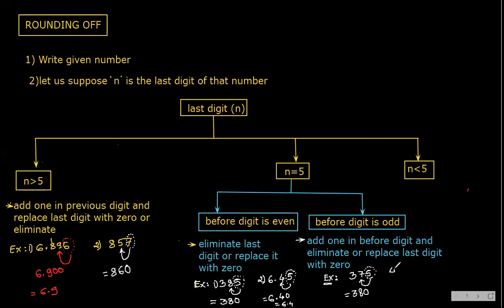Let us take 4.675. Now see, the last digit is also 5. The digit before it is odd, so we have to add 1 to that number. So 4.68. Right? So this is your rounded-off number. You can write the 0 also or not. There is no value for a 0 after the decimal point, but before the decimal point, a 0 has so much value. Keep it in mind. Okay. Understood?